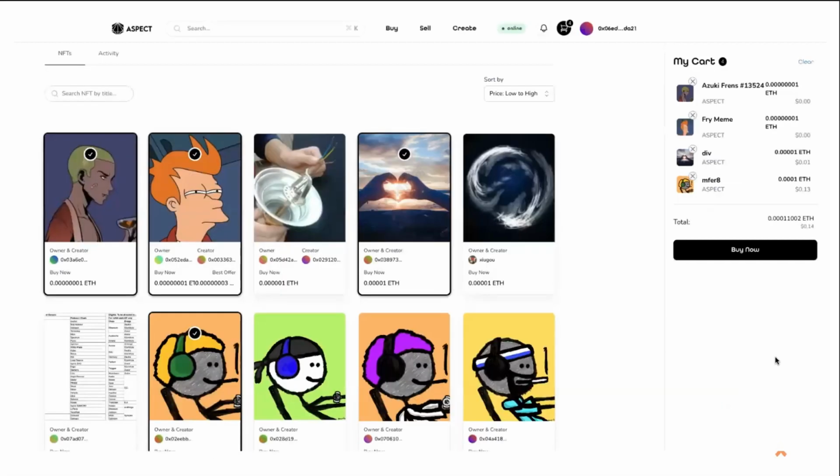I also want to show this one. So this is Aspect, which is a NFT platform on Starknet. And basically on Aspect, you can purchase different NFTs from different collections just using one buy button. So that's a very good experience, of course, from user perspective. We're going to have a small demo of Multicall later on as well in this session.